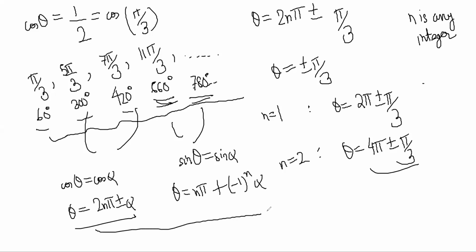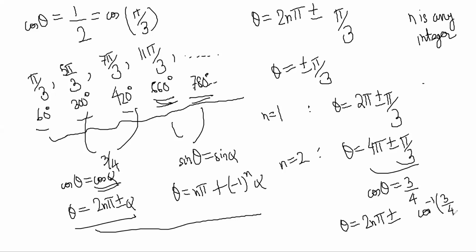Okay, makes sense. You can check. So this part is the known part. It may be given like this: cos theta will be some 3/4. In that case, you don't know the angle alpha. If it was given to solve the equation cos theta is equal to 3/4, then I will write theta is equal to 2n pi plus minus alpha, where alpha is cos inverse of 3/4. I need cos alpha to be this, then only it is in the correct form.